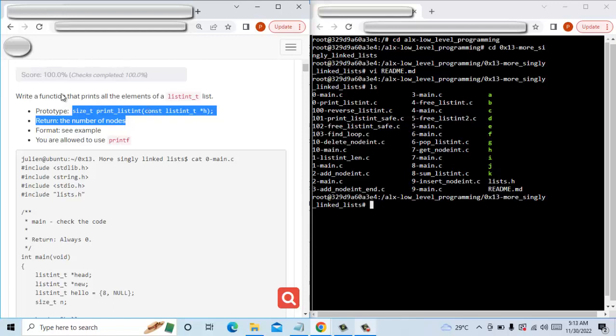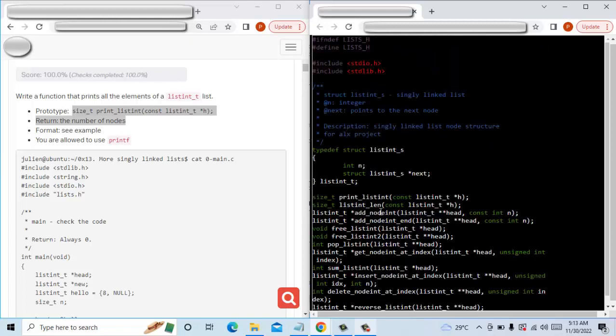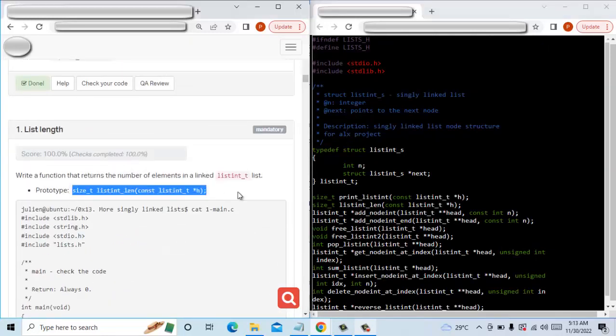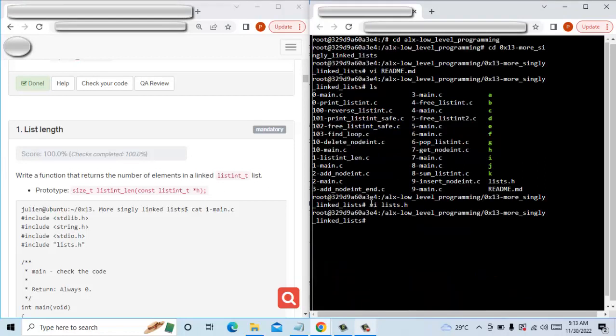at this point you just come back to your sandbox or your git bash, and then you do your vi space lists.h, and then you hit enter. Now this is where you're going to input all the prototypes made available to you. Okay, when you scroll down you see all the prototypes there. It's going to be in that list. Okay, so at this point now, when you're done, you just hit your escape and then do your shift colon wq, and you have successfully created this file,